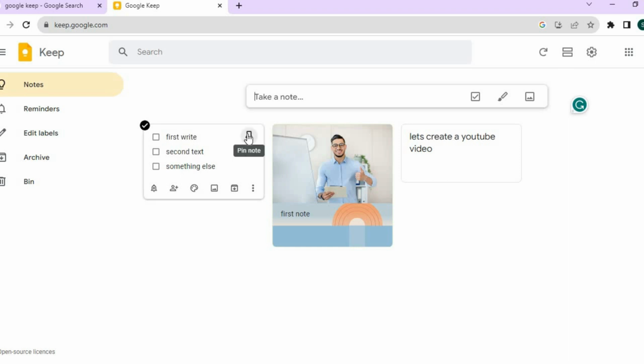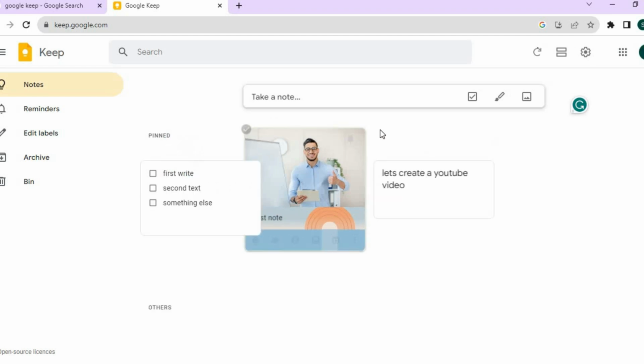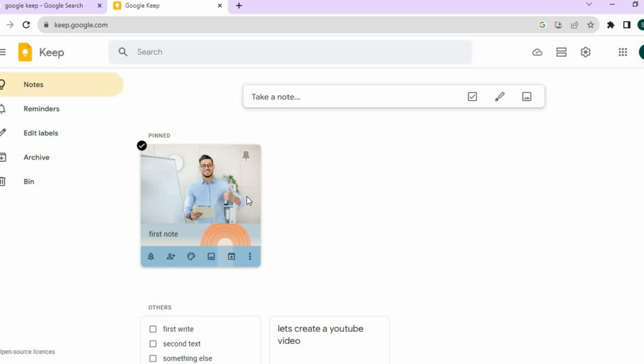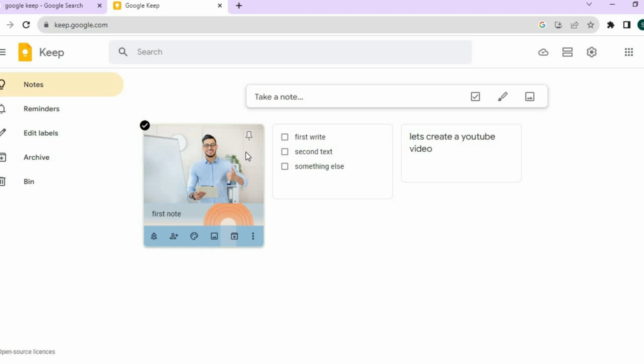Also, if you would like to pin a list or note, all you'll have to do is hover over it. Then you can tap on the pin, and you can see that it has been pinned at the top. If you would like to unpin it, you can simply tap on that. But being that you'll be creating different notes or different to-do lists, to organize it, what you'll need to do